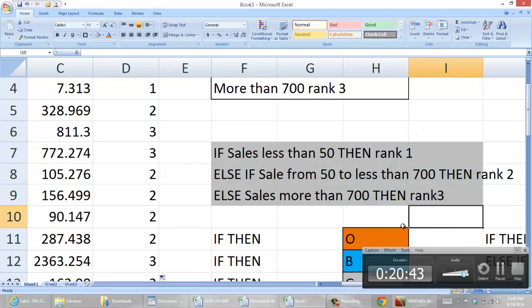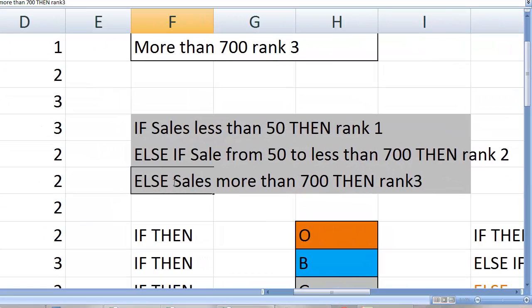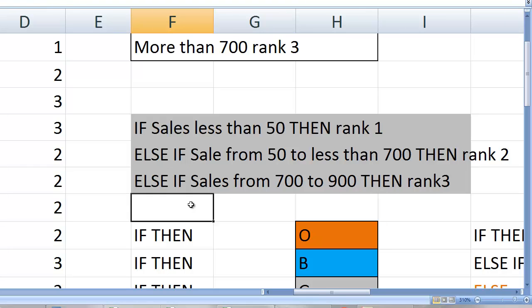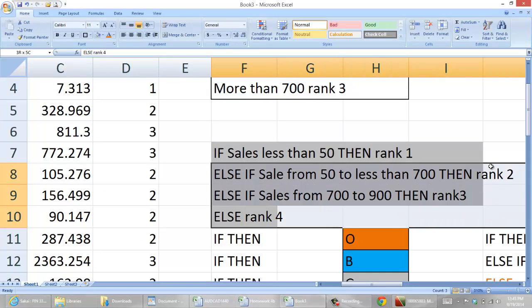So if you have to do 4 levels, like else if sales from 700 to 900, then rank 3, and else rank 4. Okay, if you have to do it,